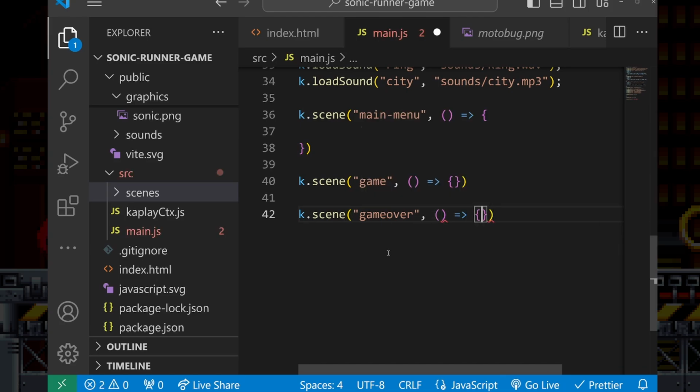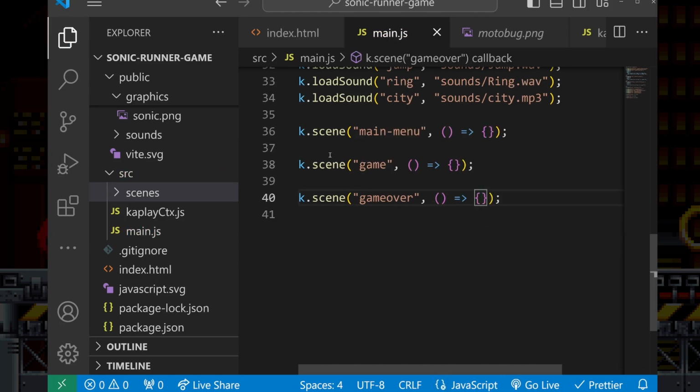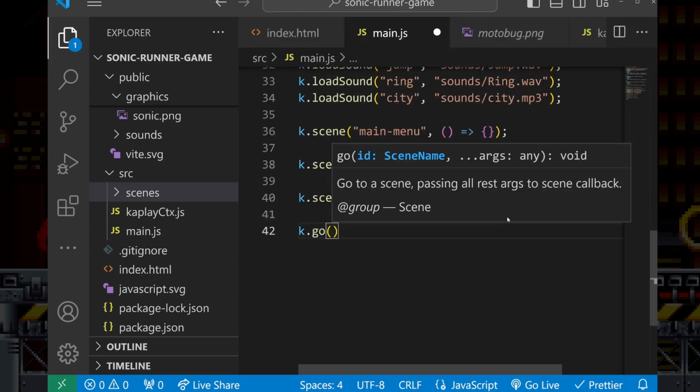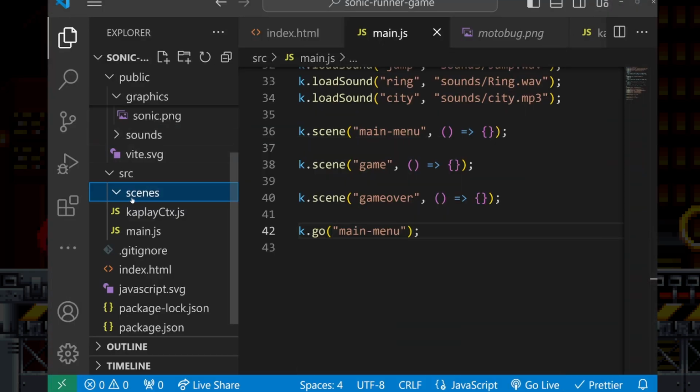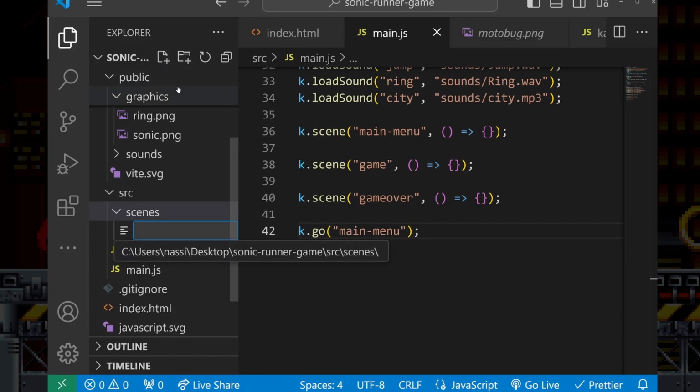Now when you create those scenes, you should always use the go function to define the default scene. So you can go to that scene by just passing in the name. So let's go to the main menu. For now, nothing should happen visually. Everything is black. So now let's go into our scenes folder and create a file called